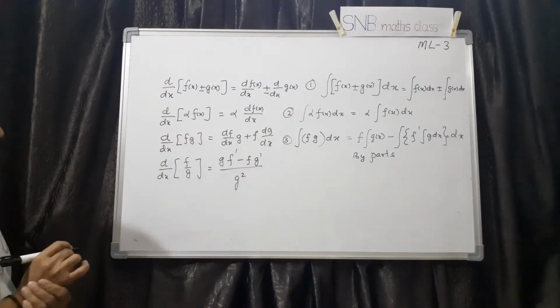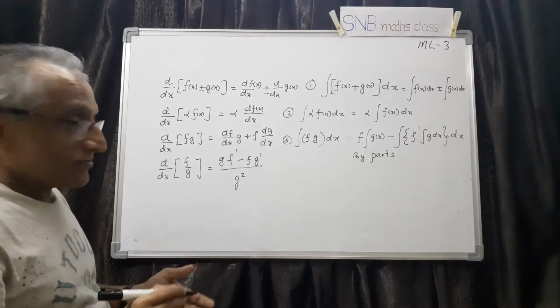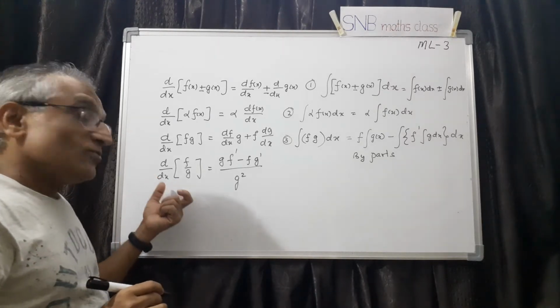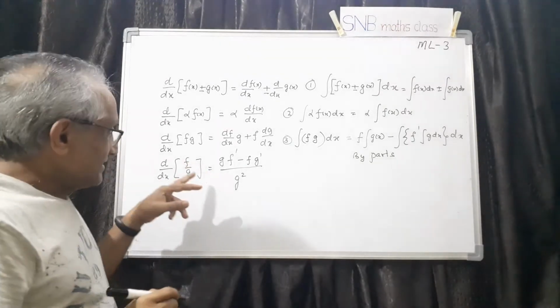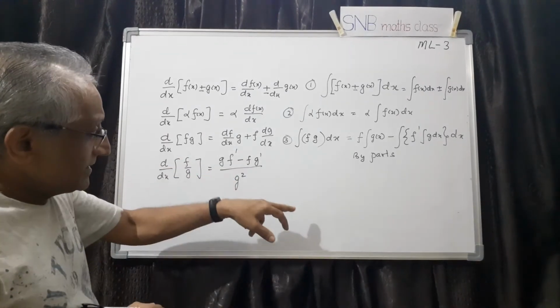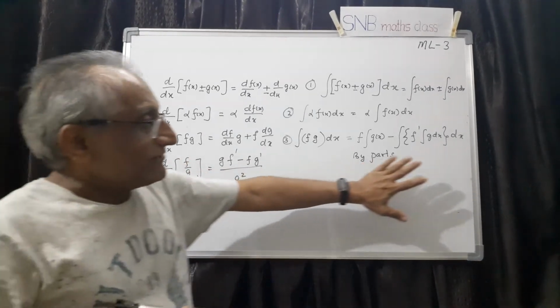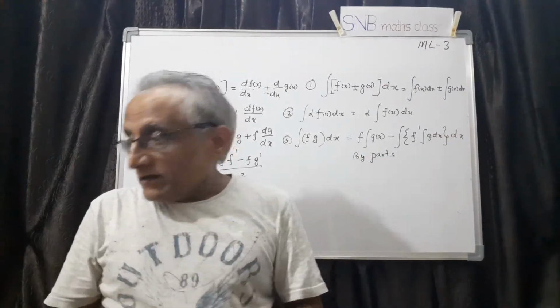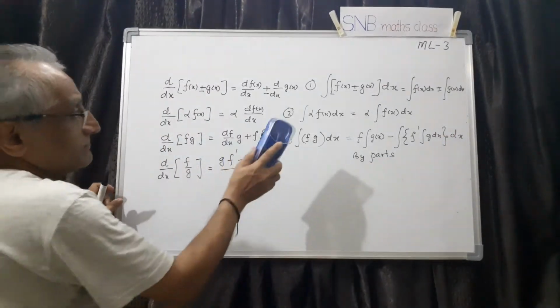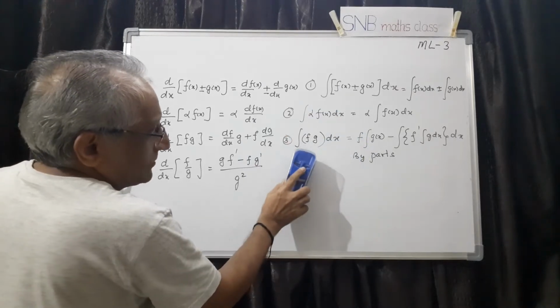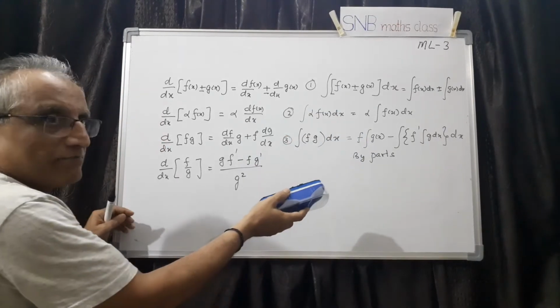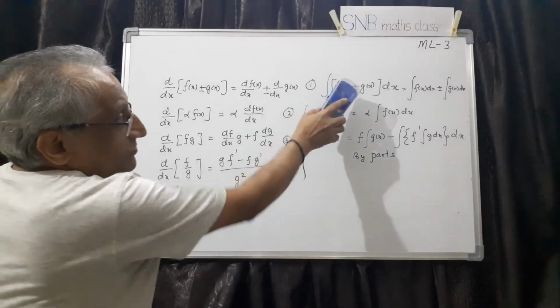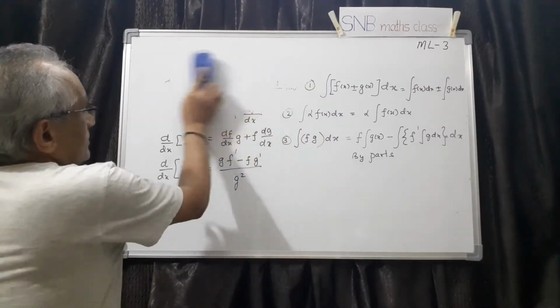Now you may have one more question. What is the rule for quotient? There is no quotient rule. That means if two functions are in a quotient like this, you don't have any rule for this one. So this is what you have to understand. Now let us work out questions based on the first. This I don't do now. Of course, a simple example I can give, no problem. But these two you have to concentrate on.